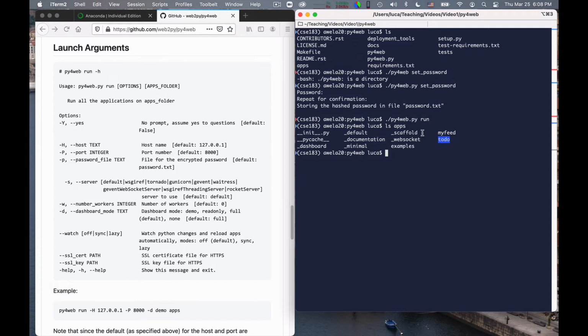So every time we will be developing some examples or developing a site in order to illustrate a concept, we will be developing an app. And so we have to specify when we run Py4Web where is the folder that contains all these applications. And Py4Web will look at the folder and make available to us all the applications inside the folder.